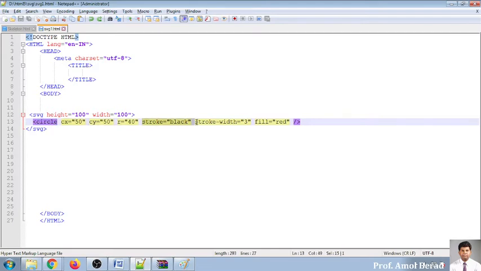This is the XML tag circle. और ये कुछ स्टाइल शीट्स मुझे देना है. सो मुझे बॉर्डर को ब्लैक कलर देना है, बॉर्डर को 3 की साइज चाहिए, और बॉर्डर का कलर यानी बॉर्डर के अंदर वाला जो कलर है वो रेड होना चाहिए.